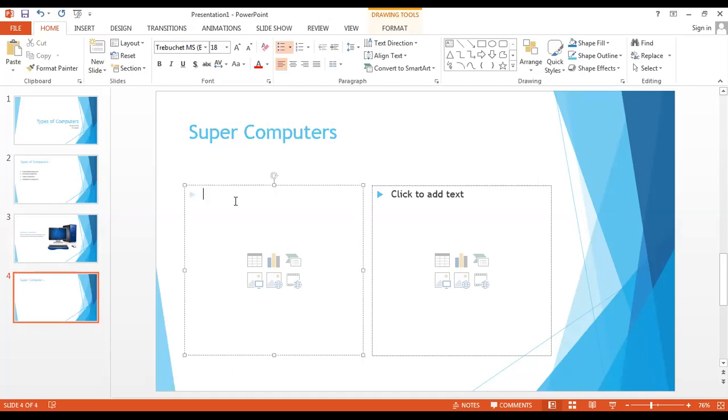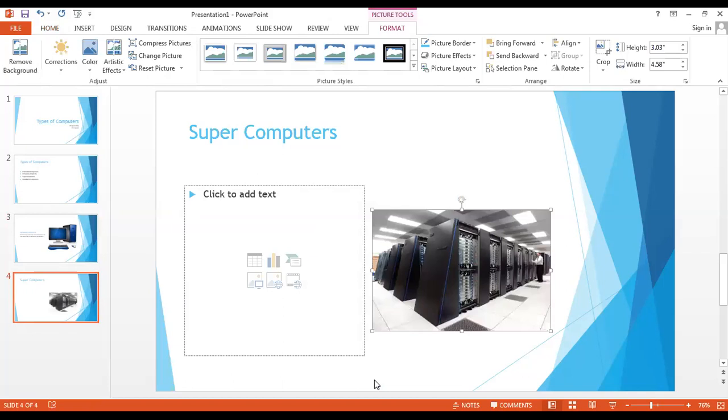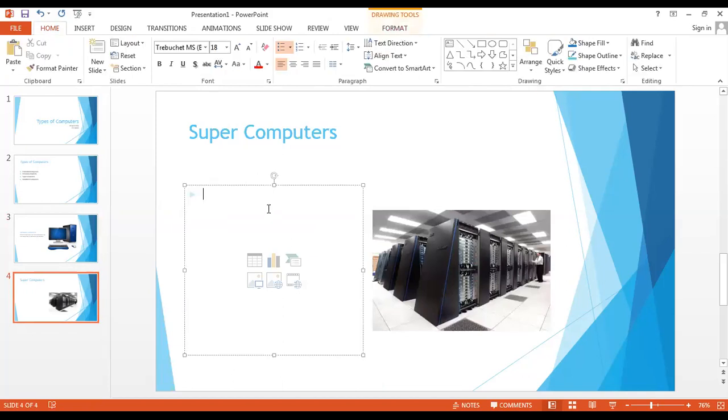Now here I'll be writing the description of the supercomputer, and here I can add the picture of the supercomputer. Over here I can write the description of the supercomputers, that those computers that are meant to perform high-end computing, right?